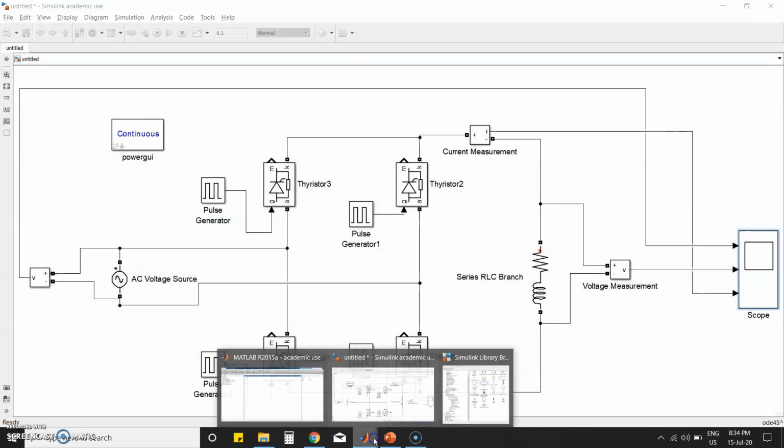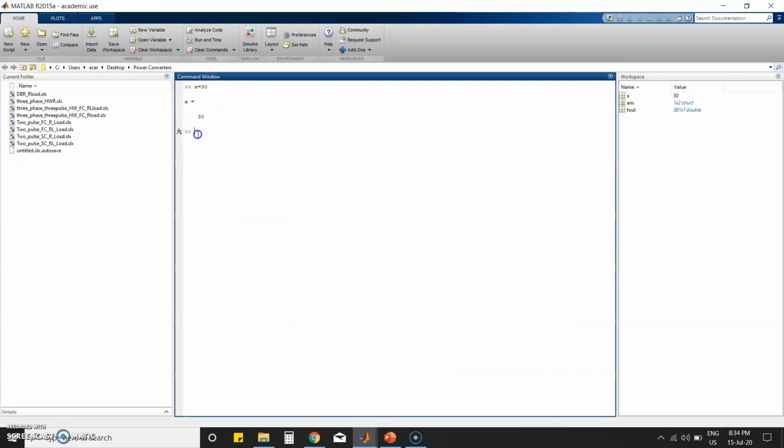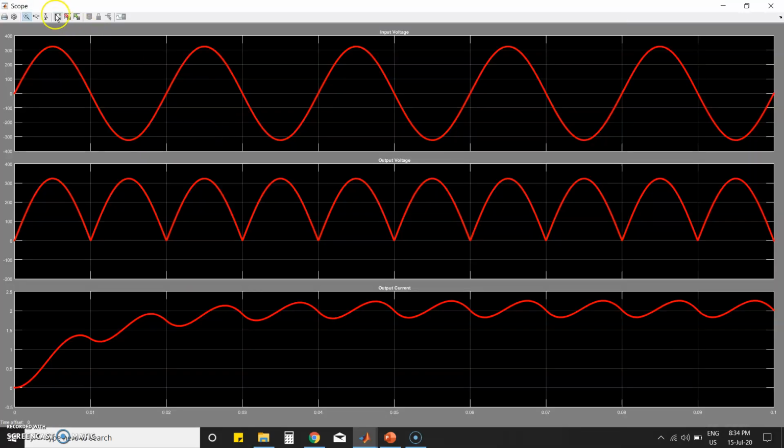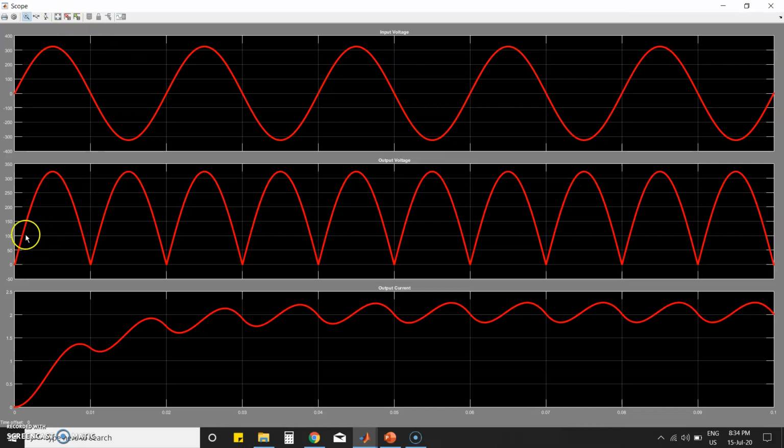If I change the value of A, for example, let us assume A is equal to 0, it will act as a normal diode bridge rectifier. So you can see the output voltage. It is similar to your